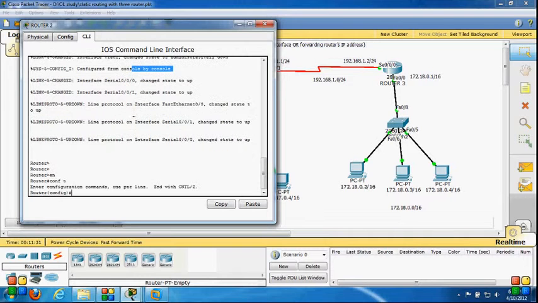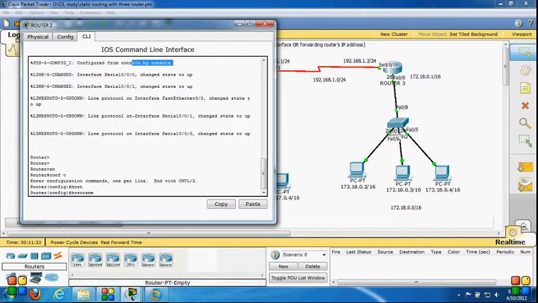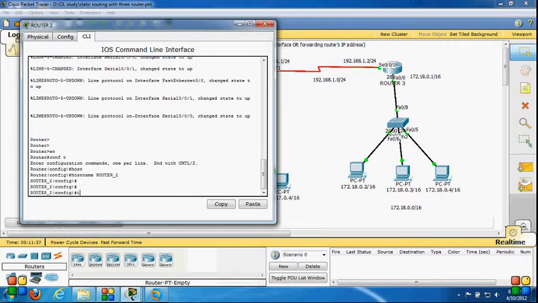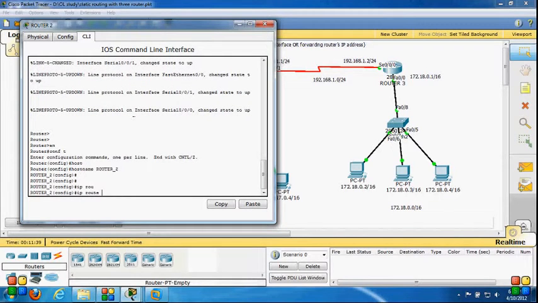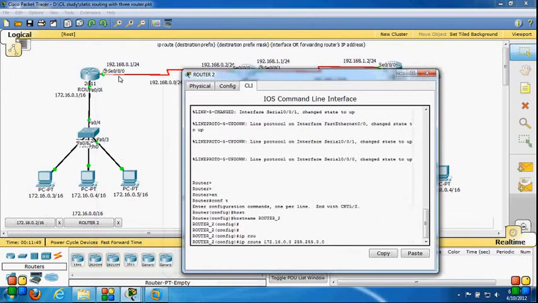Enable, config t, host name router 2. Now ip route. This time my destination network is 172.16.0.0, the subnet mask is 255.255.0.0, and again I have to provide the next hop IP address as router 1's serial 0/0/0 IP, which is 192.168.0.1.